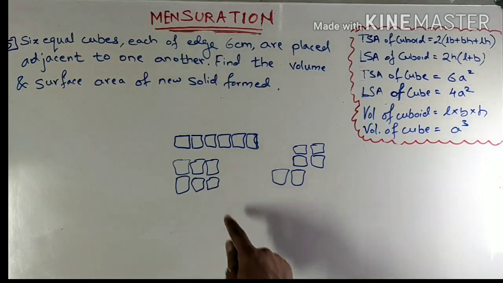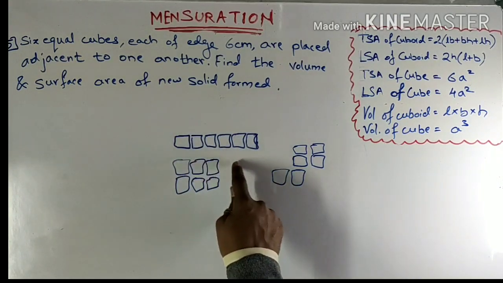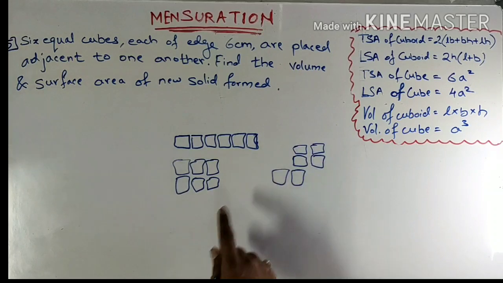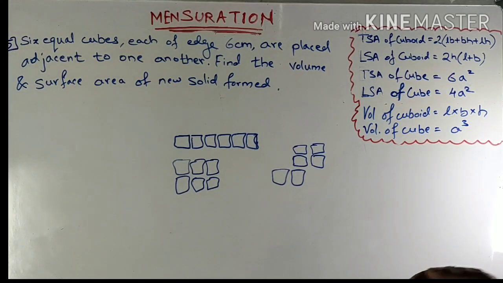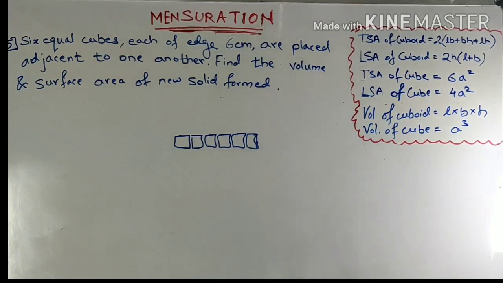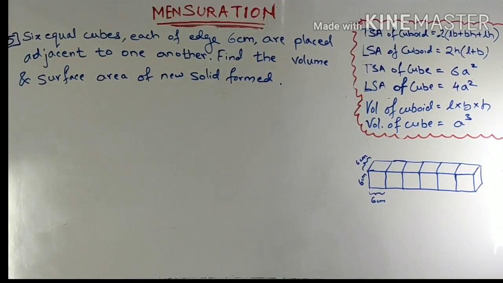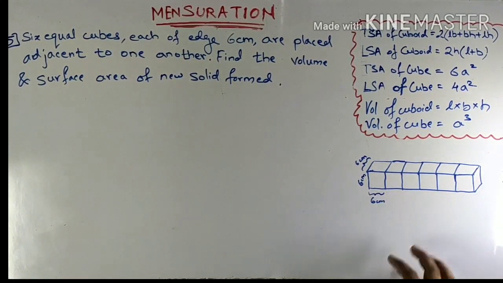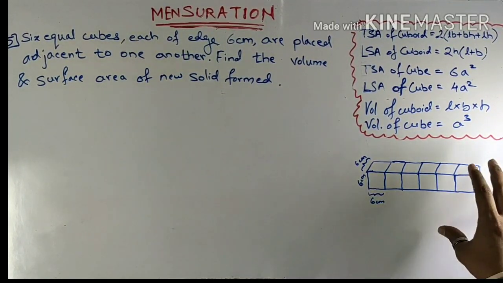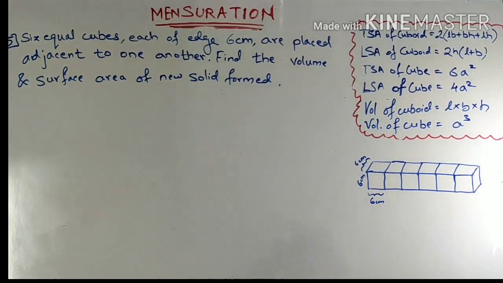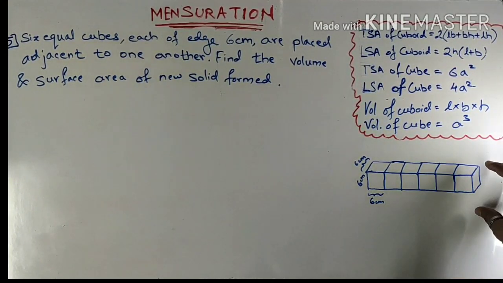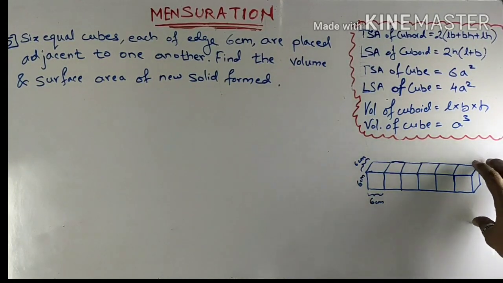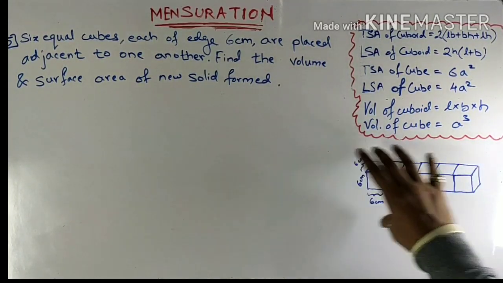But what changes is the number of surfaces open to air, or the surfaces that you have, will be different. So the surface area will change depending upon the arrangement. So we'll stick to this arrangement for now. There are two ways to find the volume of this new solid formed. So first, name this new solid formed because it is specific in shape. This becomes a rectangular solid, that means it's a cuboid.